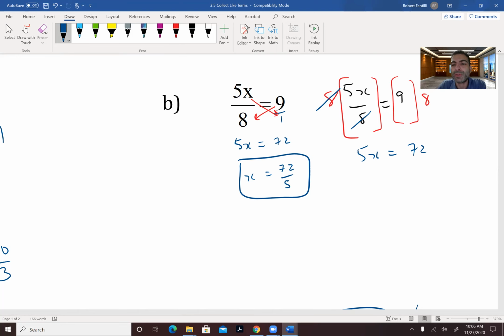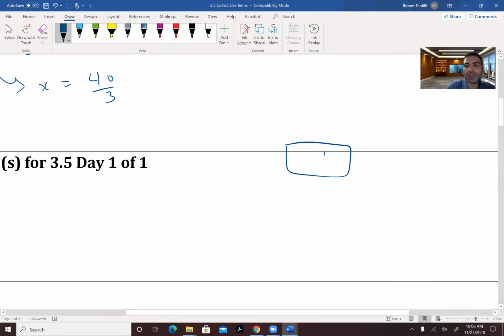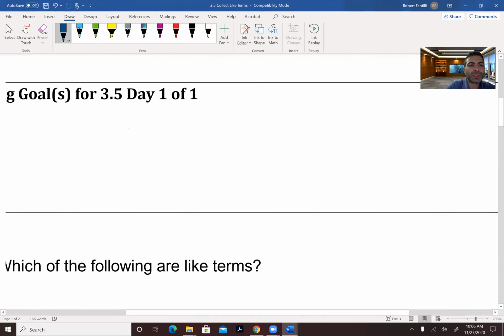Remember that? So 5x equals 72, divide both sides by 5. x is 72 over 5. Again, we covered this before. This was your last day's work. Let's go further here. We're looking for, sorry, this gets a little glitchy sometimes. We're looking for